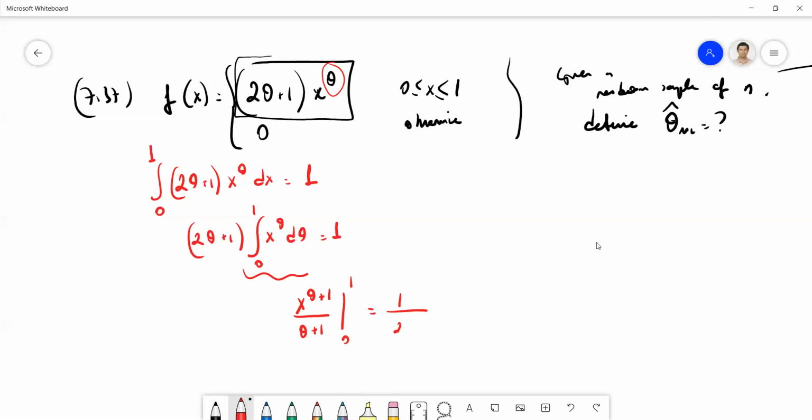So this is going to be 1 over 2 theta plus 1. I don't think I need to put this here. Let this be 2 theta plus 1. And now this is problematic because this is not always going to be the case, right? If theta is, for instance, minus 1, then this is going to be an issue. But let's just work it out, assuming that this is not minus 1. I think this is going to be valid. So when we put 1 here, 1 raised to the power of whatever value is always going to be 1. Therefore, this is going to be equal to